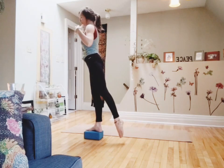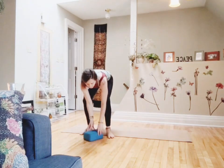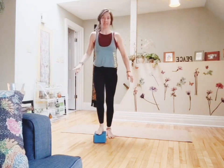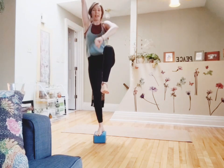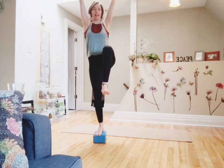Good, come up. So you're going to stay on the one leg. I'm just going to face you. So you're still on the left leg. Your right knee pulls up to hip height. Both arms go up. Feel like a hollowing up the center of the body, and then the right knee comes